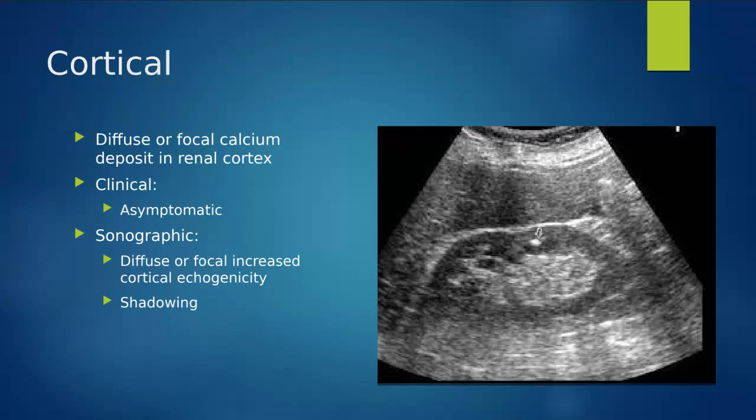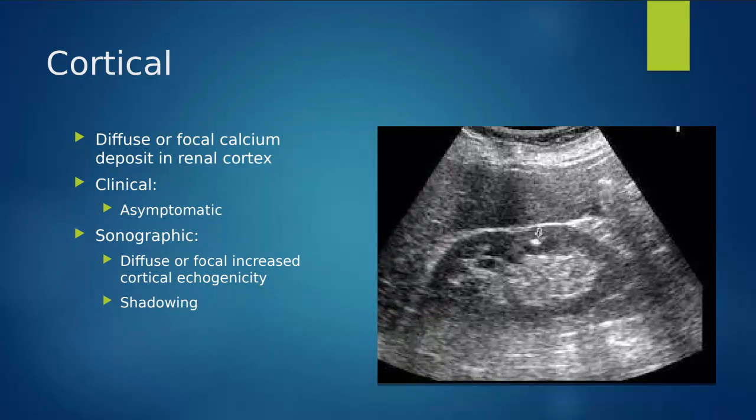Next, we can have cortical stones. Radiologists will disagree on these. You want to be aware of your site's protocol and your site's practice, but basically we can get diffuse or focal calcium deposits in the renal cortex. This is not like nephrocalcinosis. Nephrocalcinosis is happening bilaterally throughout the entire kidney itself. This is when a little bit of calcium got stuck here, a little bit of calcium got stuck there,